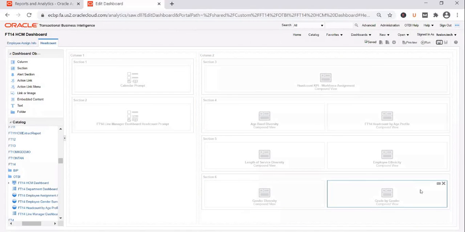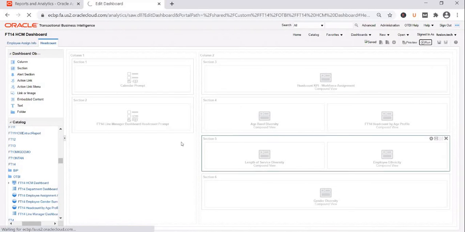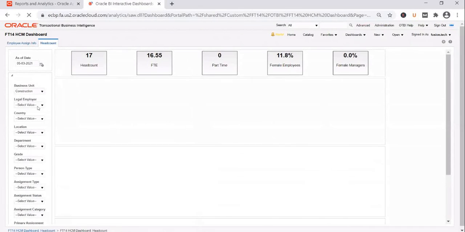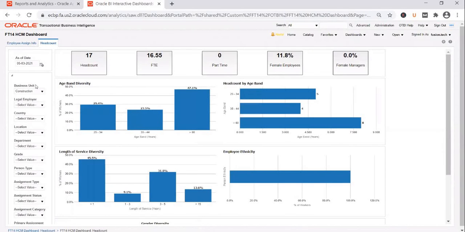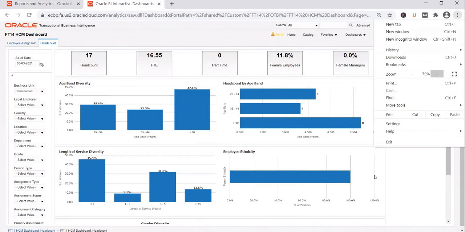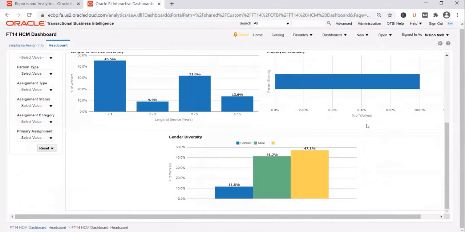And if the client says that they don't want to see any particular report, it's quite easy. You just have to take it off. Save it. And you go ahead and run the dashboard. And this time you see the changes. Again, the business unit is construction BU, but you see this output has changed from vertical to horizontal. And if you scroll down, you see that the report which was not generating output was taken out.